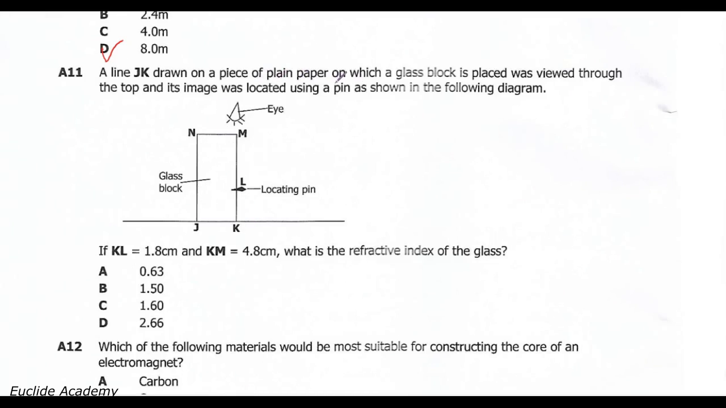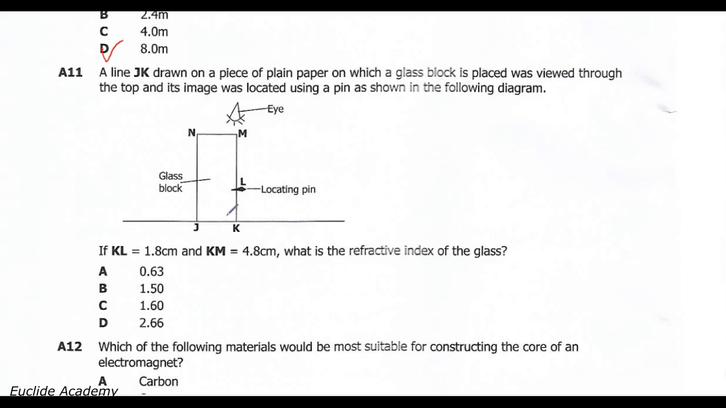11. A line JK drawn on a piece of plain paper on which a glass block is placed was viewed through the top, and its image was located using a pin as shown in the following diagram. If KL is equal to 1.8 centimeters and KM is equal to 4.8 centimeters, what is the refractive index of the glass? Okay, so we have this experiment used to view the line JK, and this is the line JK,